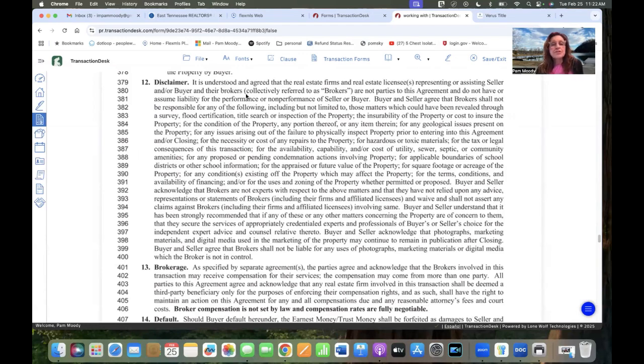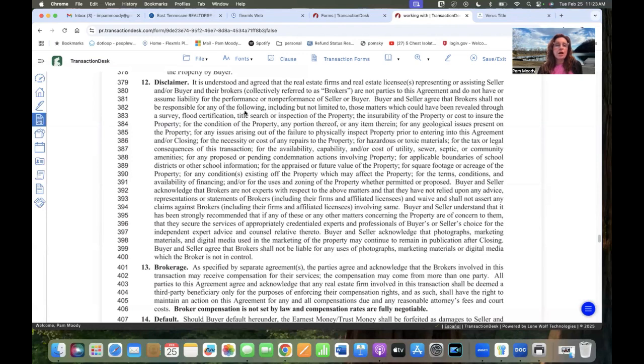Disclaimer. So it is understood and agreed that the real estate firms and real estate licensees representing or assisting seller and or buyer and their brokers, collectively referred to as brokers, are not parties to this agreement and do not have or assume liability for the performance or non-performance of seller or buyer. Buyer and seller agree that brokers shall not be responsible for any of the following, including but not limited to those matters which could have been revealed through a survey, flood certification, title search, or inspection of the property,